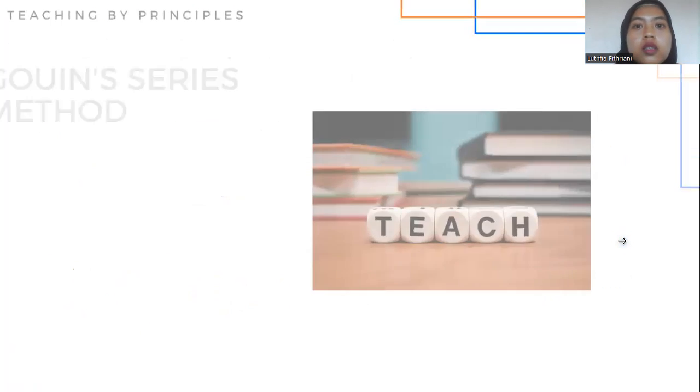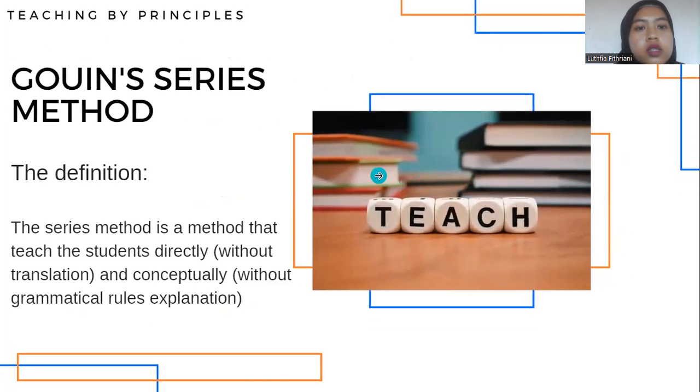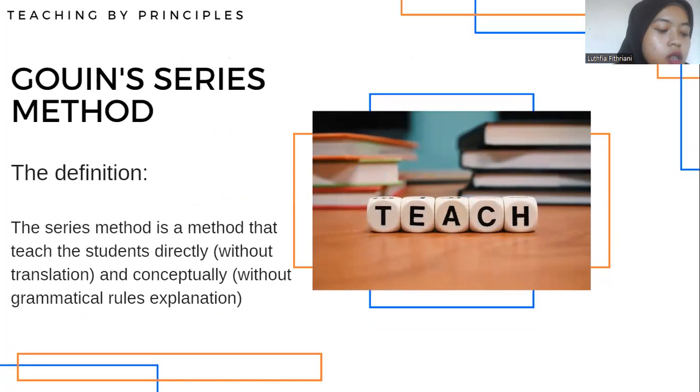The second method in the early years is Gouin's series method. So the series method was discovered by Gouin, a French teacher. After having a bad experience in grammar translation method, Gouin did some research in language learning and found out that the series method is the appropriate method that could be applied in the learning process. So what is the series method? The series method is a method that teaches the student directly, without translation, and conceptually,